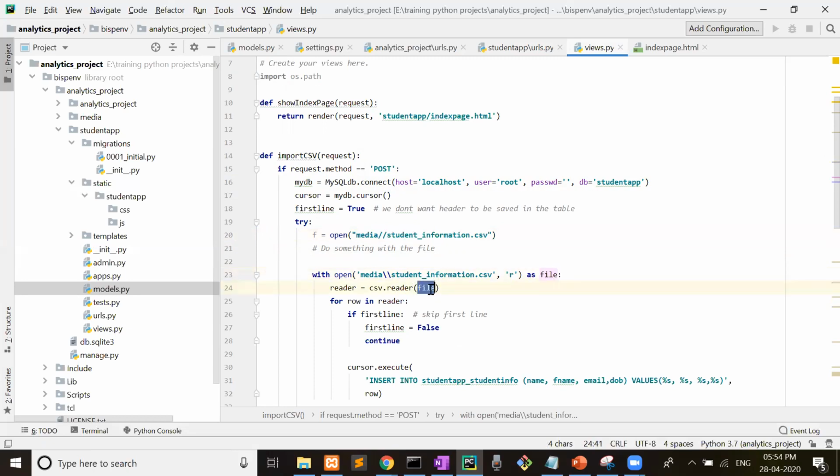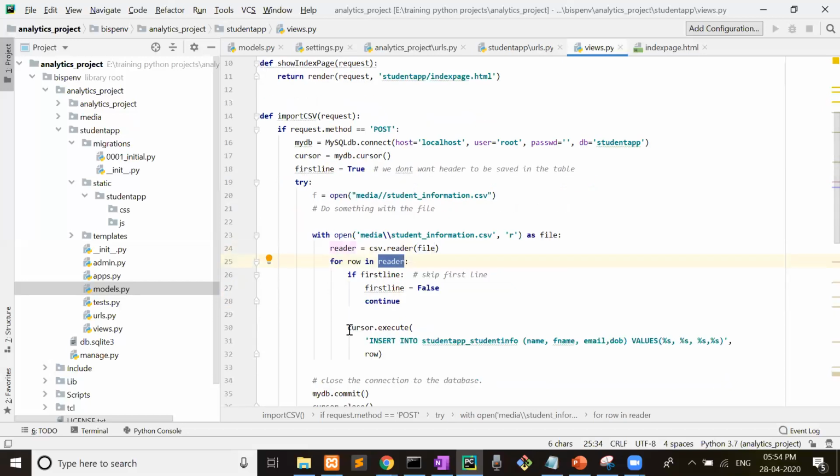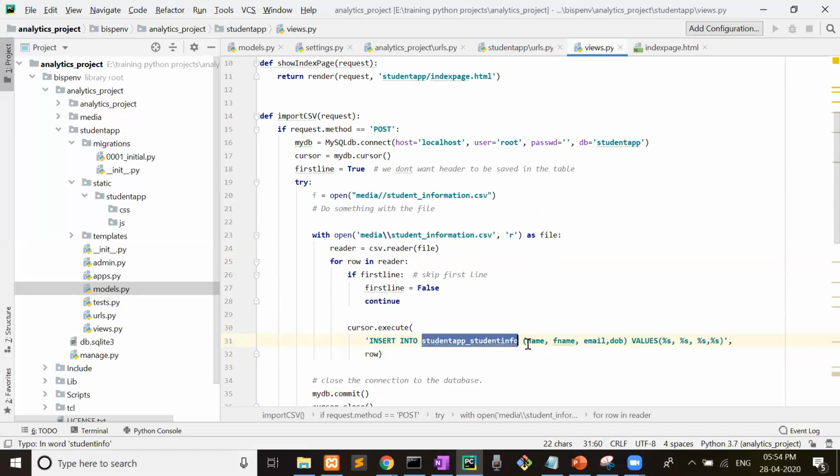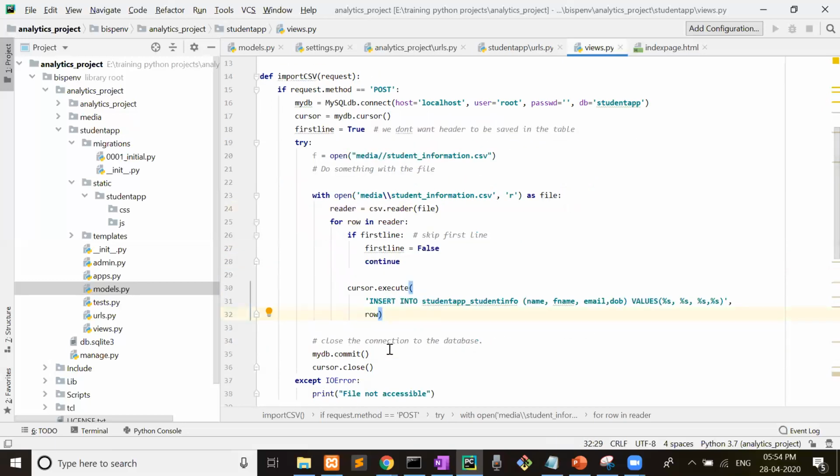We are reading the CSV here with csv.reader. For row in reader, if first line equal to, I will explain why it is written here. Cursor.execute, this is the command to insert the data. Insert into student app name, fname, email, dob, percentage values %s, and comma row will be inserted. Then mydb.commit, cursor.close.